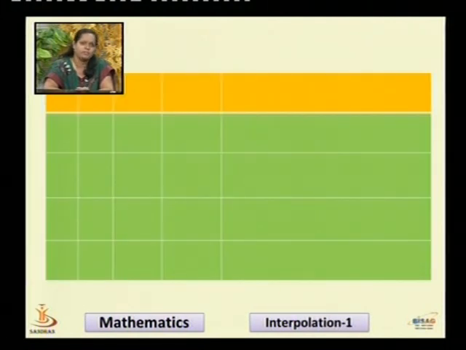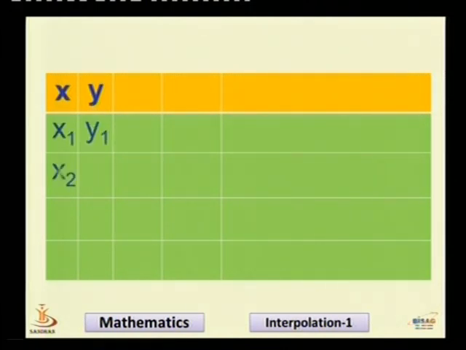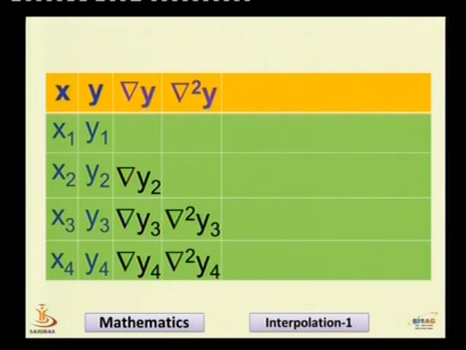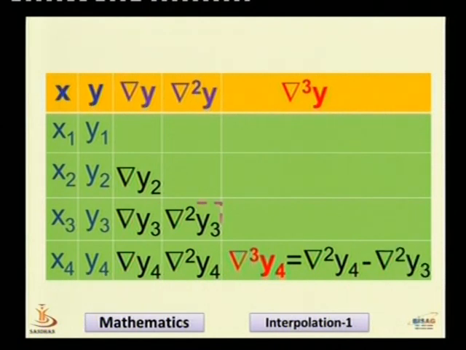Now let's have a tabular representation of these third order backward differences which we have calculated. For a given set of the same four tabular points, we have already constructed the first order backward differences, that is nebla y2, nebla y3 and nebla y4. We have already calculated the second order backward differences, nebla square y3 and nebla square y4. Now the third order backward differences, denoted by nebla cube y, let's evaluate. Nebla cube y4 will be equal to nebla square y4 minus nebla square y3.